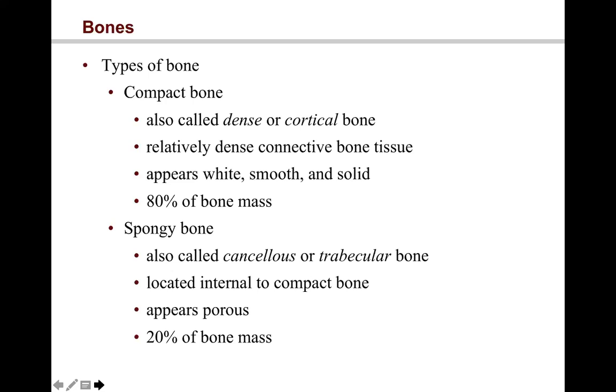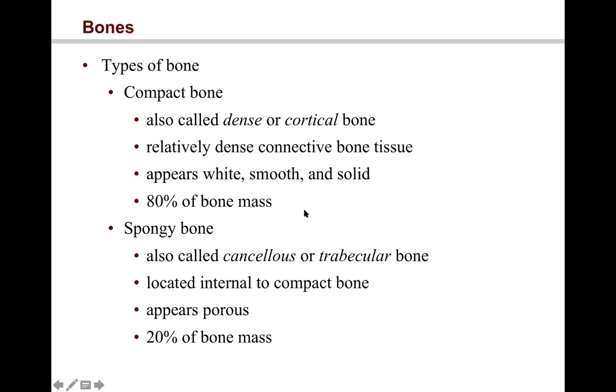Compact bones form a sturdy protective layer that surrounds a central space called the medullary cavity. So when we learn about the bones in the next slide, you will see there is a central space which is known as the medullary cavity. The word medulla means inner. So you will see this word medullary or medulla all throughout the anatomy and physiology terms that we go over. See, this medullary cavity, or marrow cavity, you can say, is surrounded by the compact bone. It is white, smooth, and solid. 80% of the bone mass